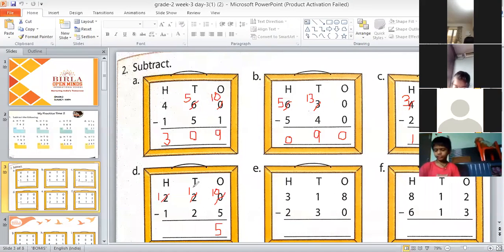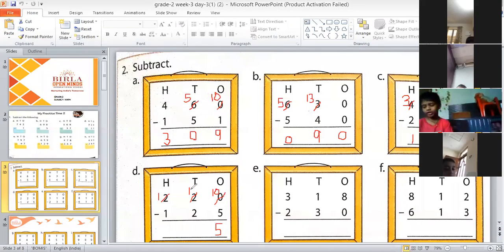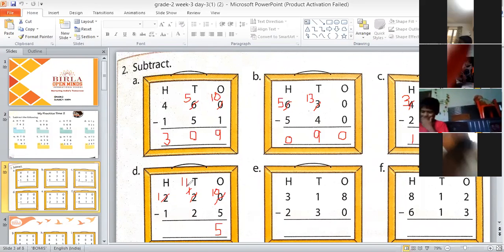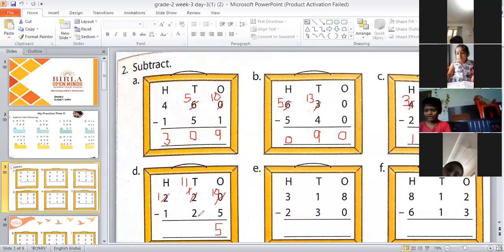Okay. Now tell me and what this 1 will become in tens place? 10. Not 10, Akshay. See here. This 1 will become 11 because again we will take 10 borrow only. Okay, we will take 10 borrow from the number in hundreds place. So this 1 will become 11 now. Okay, Akshat. Okay, ma'am. Now tell me, Akshat, 11 minus 2, how much?